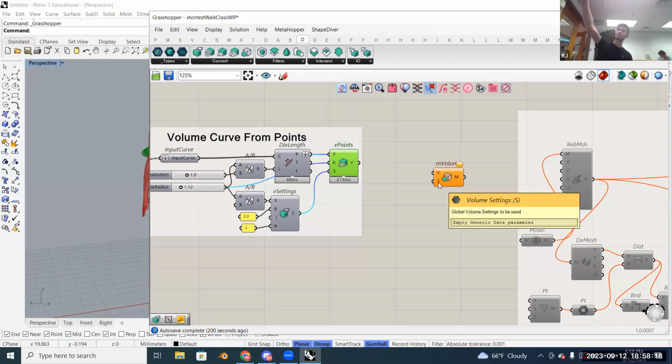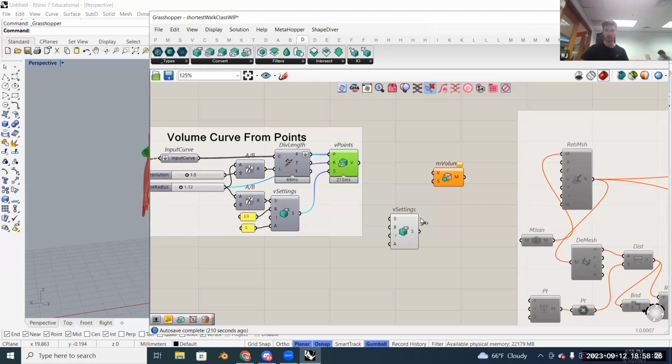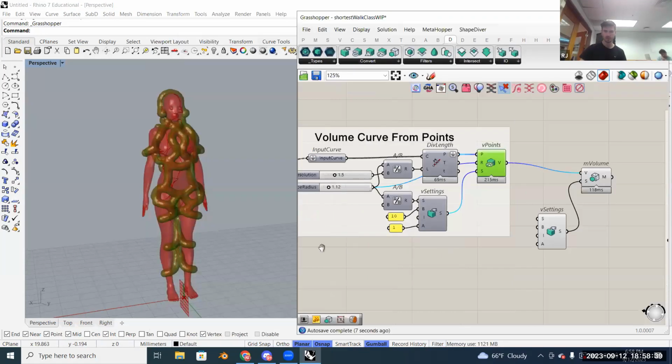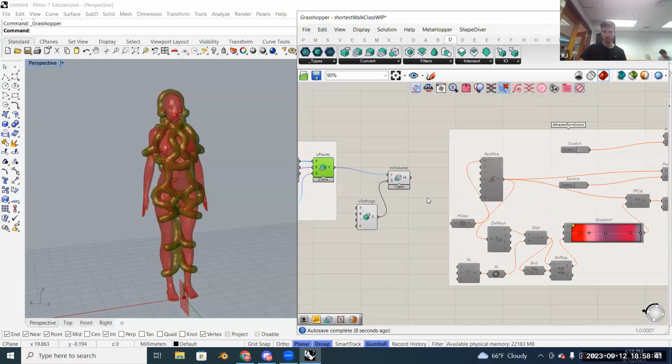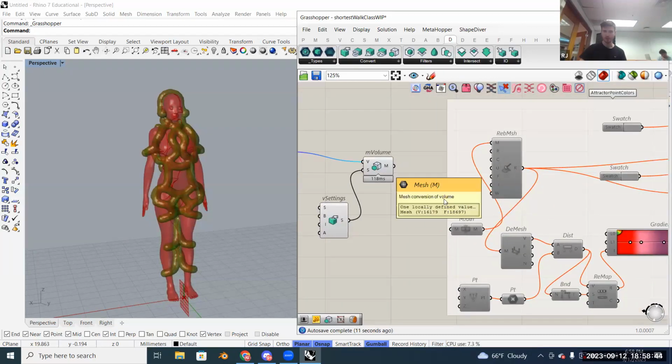But you see it also needs the settings input. This one, it doesn't matter what settings it has. You could do the same ones from before, or I usually just create a new settings block with no inputs and wire that in, and it's fine. And then we can just hook up the volume to volume, and we get a mesh coming out. So with that mesh coming out,